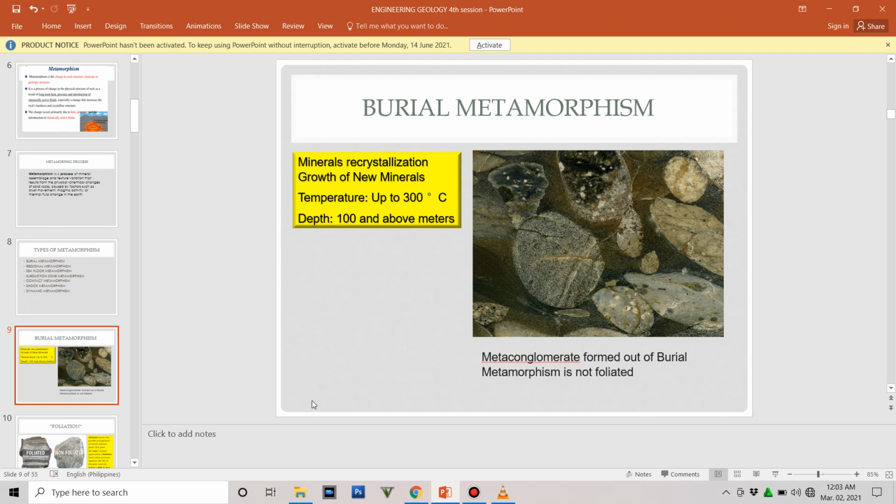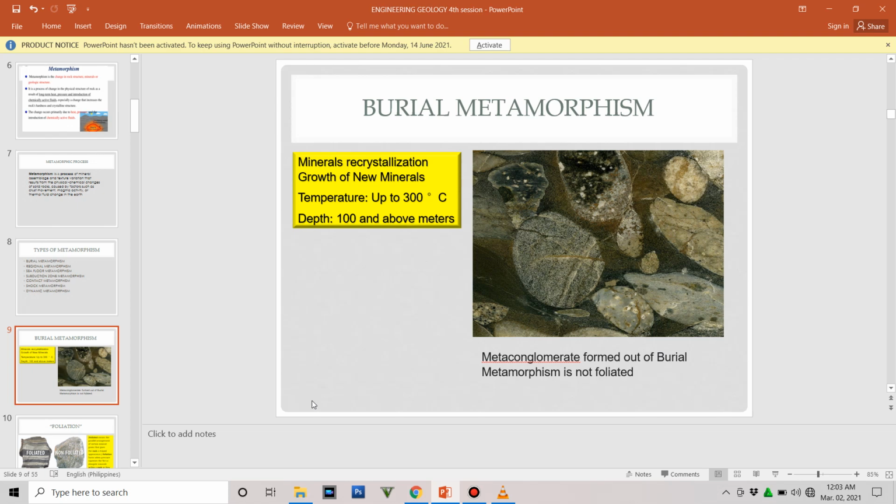While if we do not have a differential pressure, meaning the pressure acts in all directions, therefore your volume will tend to decrease, or in short, there will be a confinement of your material, and therefore that will be under a